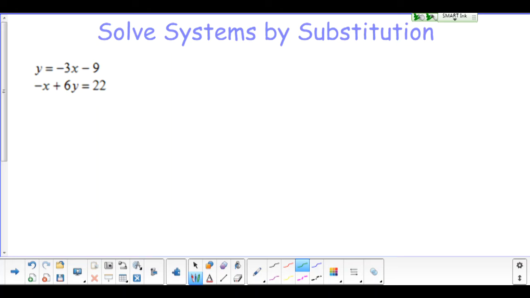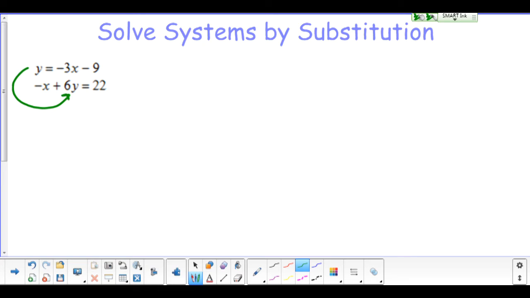When solving a system of equations by using the substitution method, the first thing we want to do is solve one of the two equations for either the x variable or the y variable. In our first example, the very first equation is already solved for y, so we don't have to worry about rearranging anything. So then we can substitute that expression into the other equation and solve for the remaining